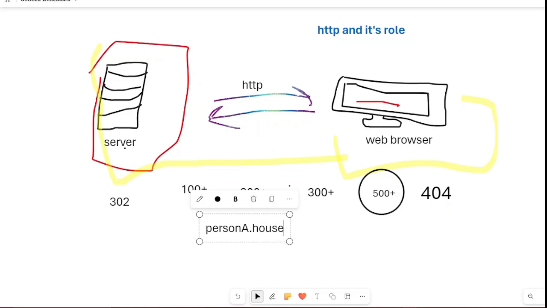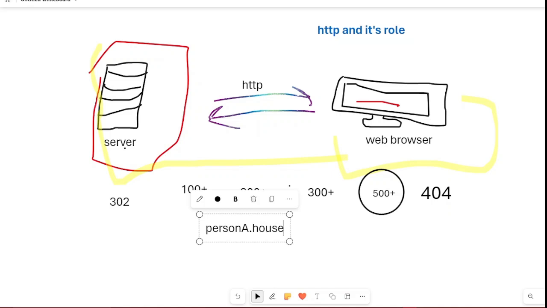Web developers need to know how to handle various status codes programmatically. Yeah, you have to write the code. So this involves implementing appropriate responses based on the code received. For example, redirecting a user to a different page when a 301 moved permanently status code is encountered. Proper handling ensures a seamless user experience, even when